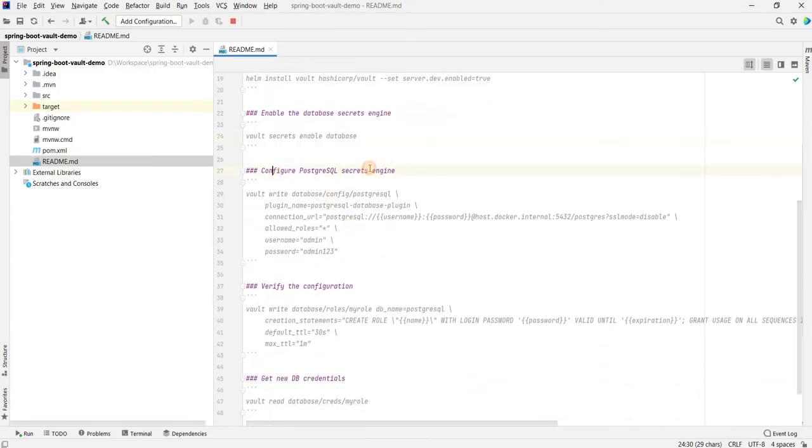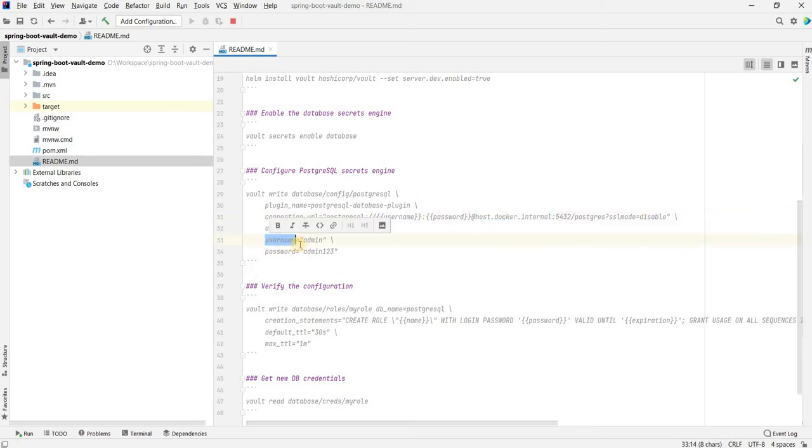Next is the Postgres secrets engine configuration. So here the important thing is the connection URL. Basically it points to where the Postgres is installed. Since I'm running it from the Docker Desktop, I'm using host.docker.internal. But if you are running Postgres somewhere else, you can give the URL accordingly.